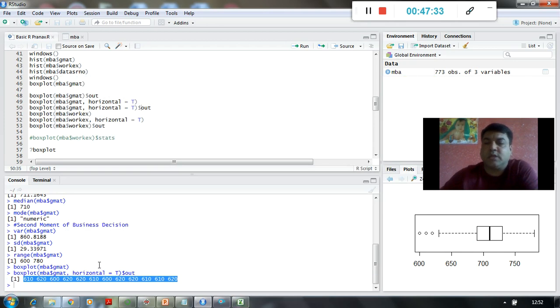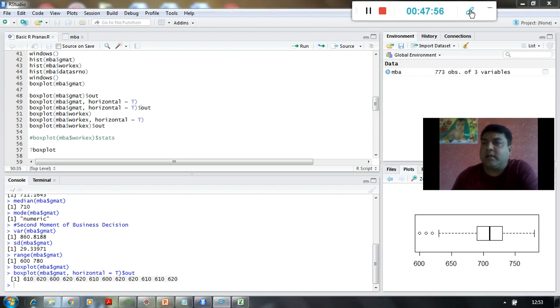Okay, these are the values. So definitely here, if you see from this plot, this is my lower extreme, this is my upper extreme, this is my median, this black line is my median, this is going to be my Q1, and this is my Q3, right?